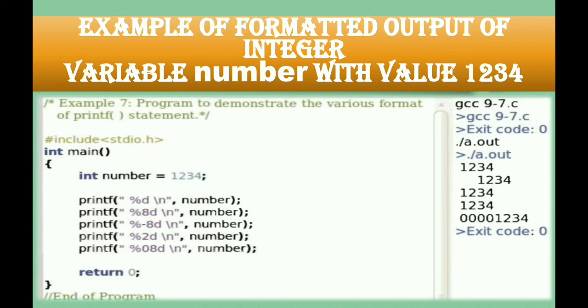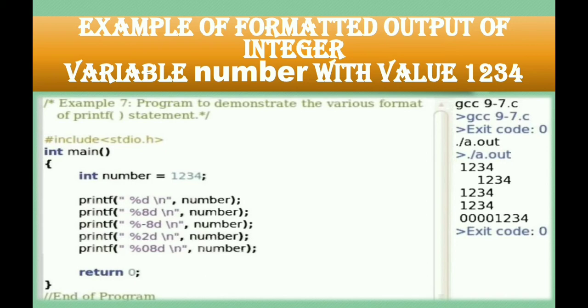So we know that whenever we are providing the length, then by default the alignment will be on the right side. So from the right side it will occupy 4 characters only, because a 4 digit value is there. So 1 2 3 4 is written. Now 4 are the empty places. So before that, where the empty places are, the 0 will be padded there. So like this, the program shows the formatted output of the integer number variable.